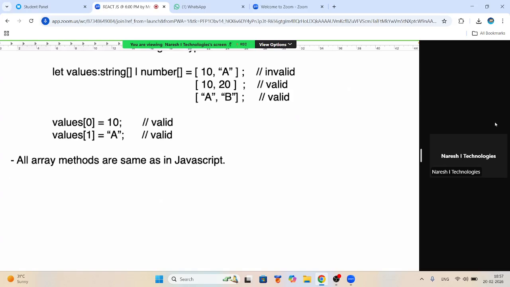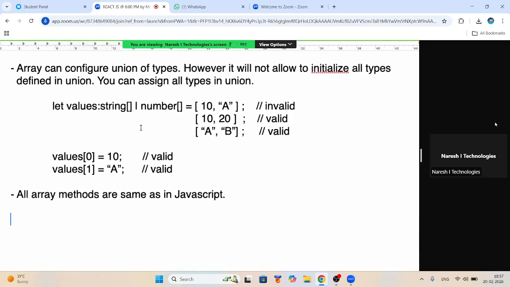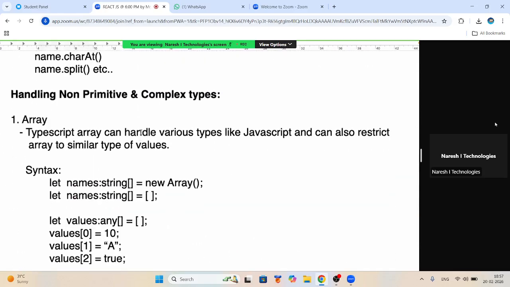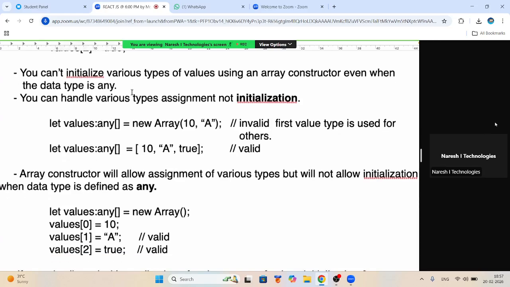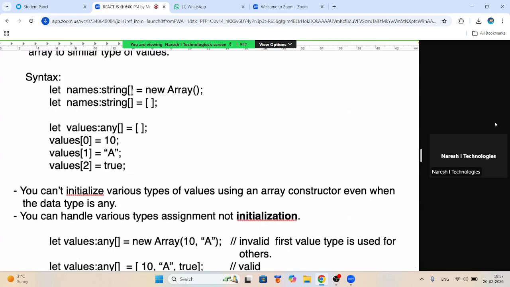Map, forEach, how you read, how you filter, sort. So all push, pop, all are the same. So this is something new about arrays. I hope you understood. That means arrays are a little different from your JavaScript. You have to mention the data type. Even when you mention the data type, how to deal with them if with any or similar types, we should know that. Okay. Next